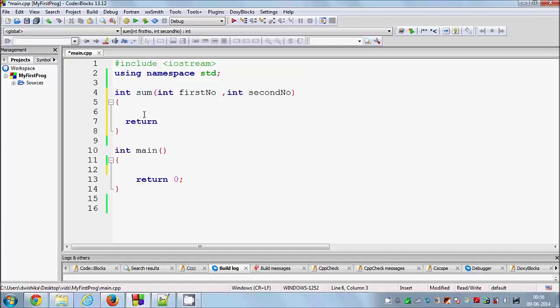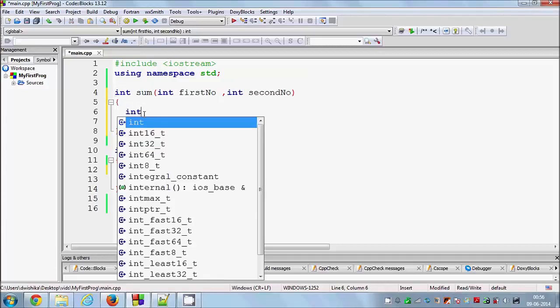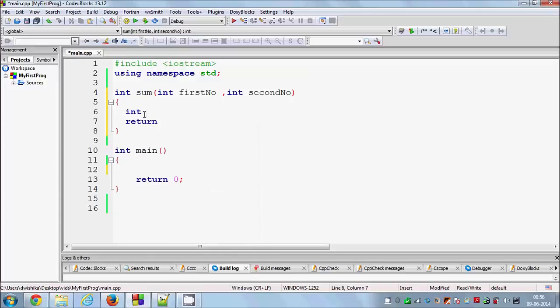So let's see how I can do it. I will declare a third variable called result, which is initialized as 0, so that there will be no confusion, there will be no garbage value inside result.